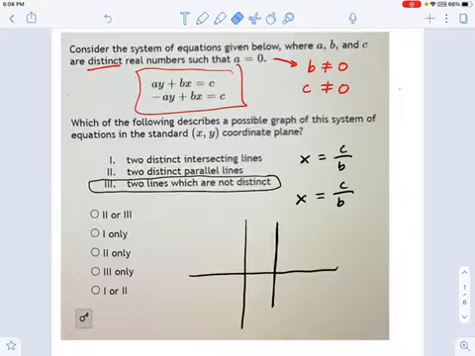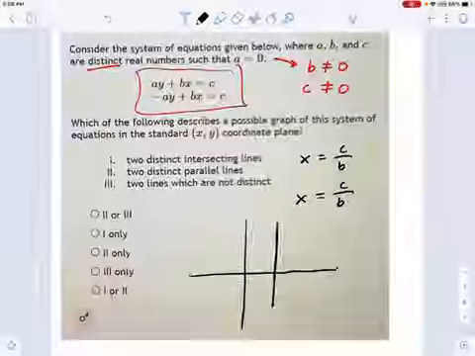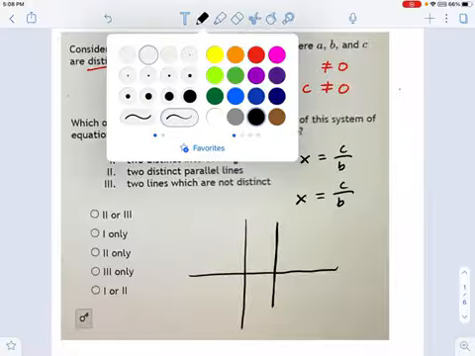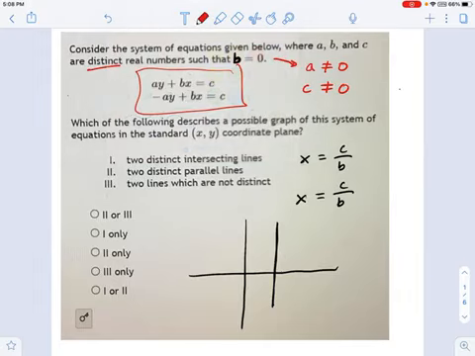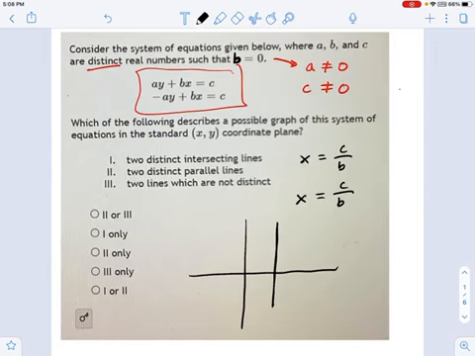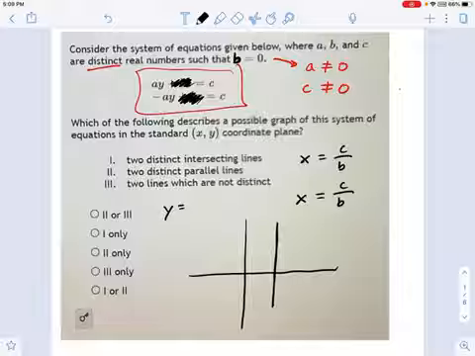So let's talk about what would happen if b equals 0. Let's just pretend that was b equals 0 in this case. What happens? Well, now we know that a does not equal 0 and c does not equal 0. So what do we cross out in our system of equations? Well, we cross out the b portion. So now we have the following. And remember, this is not what I started with. I'm just editing this to show you a bunch of different possibilities.